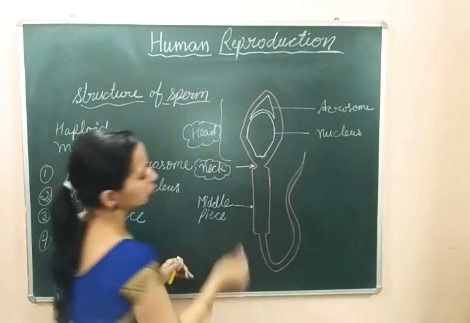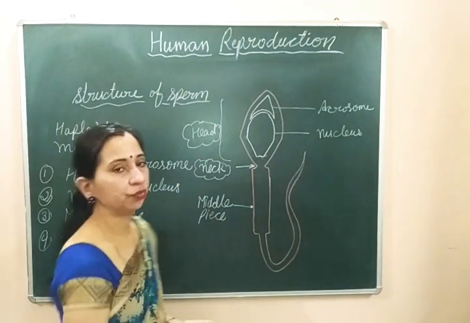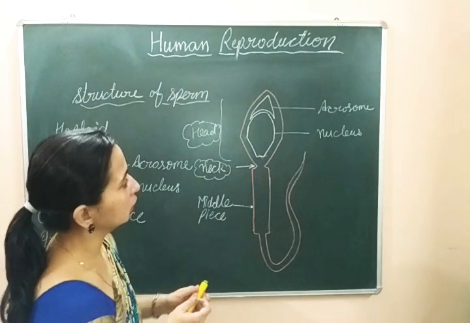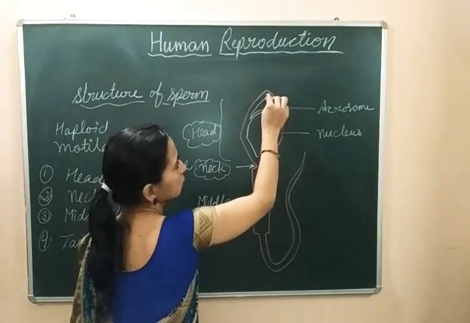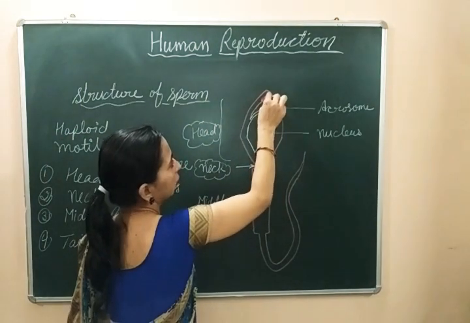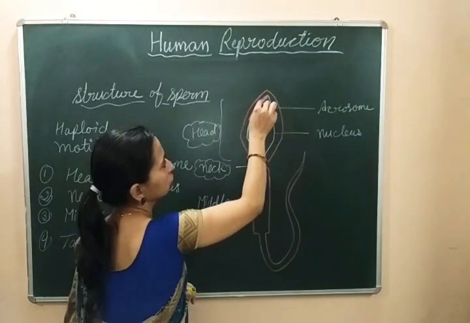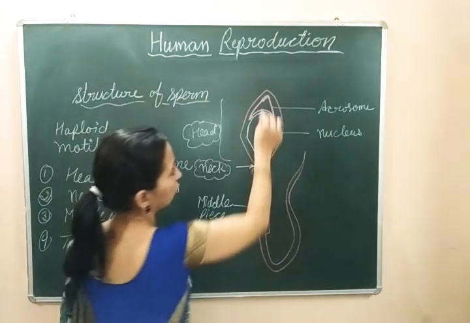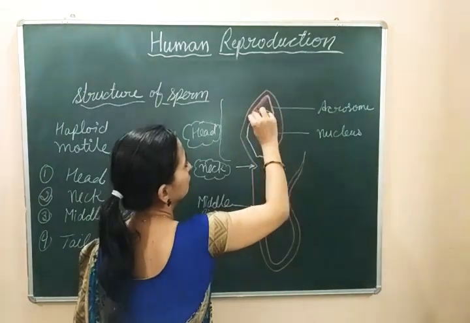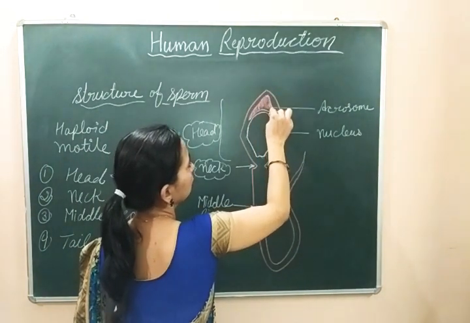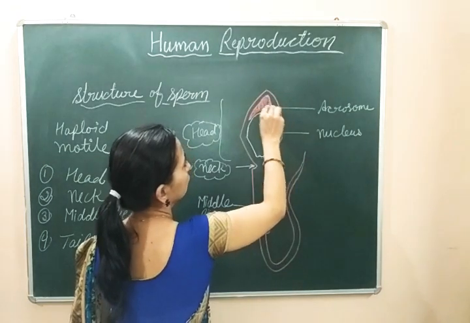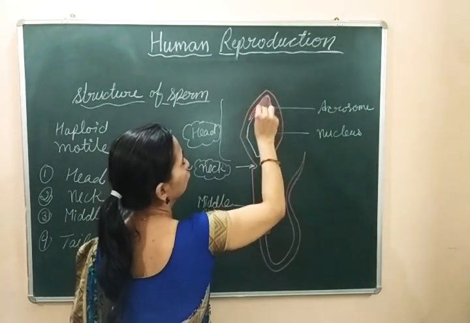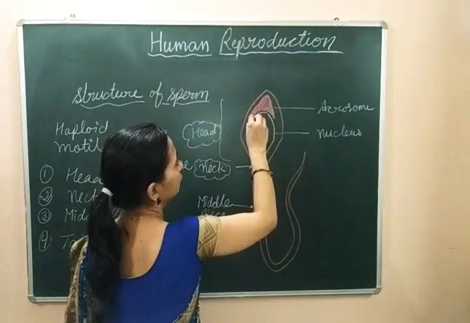Now let's see what is present inside this structure. अंदर की तरफ अभी क्या present है वो देखते हैं. This we already discussed that this part is the acrosome. तो ये ऊपर वाला जो part है, this part is the acrosome, and this acrosome is made up of Golgi body. ये बात आपको यहाँ पे याद रखनी चाहिए कि ये जो part है ये part बना है Golgi body से. This acrosome part will form from the Golgi body. ये Golgi body के combination से बना है.